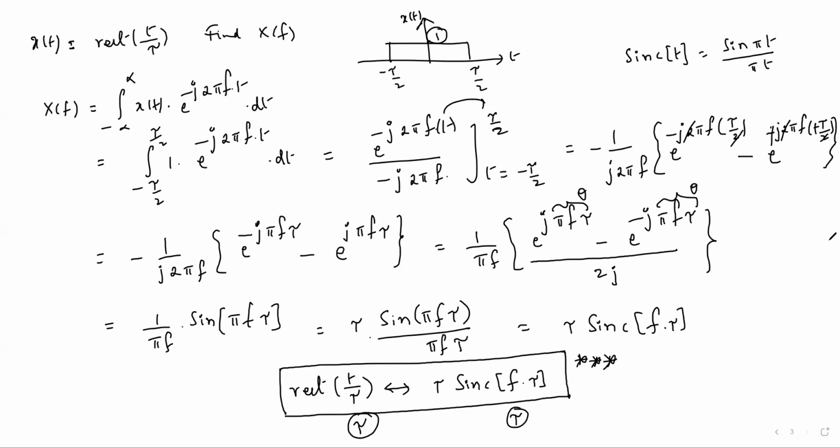Fine. Some of the Fourier transform pairs we can derive by using properties of the Fourier transform. So first I will give the Fourier transform properties statements one by one. Please note down carefully. And then based on the properties, let us solve some more Fourier transform pairs. Fine. Let us go to the next page. Fourier transform properties.